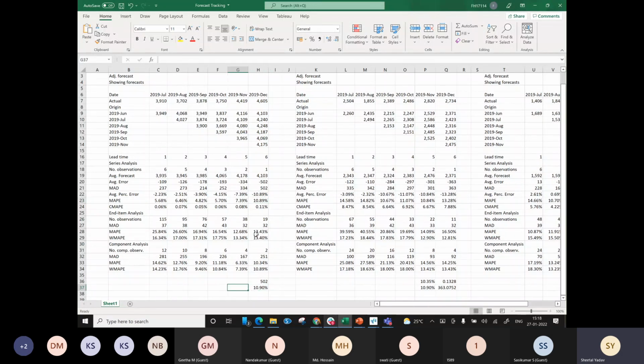Now, if you have two observations, that's what we have over here. So let's calculate the absolute difference first and the MAPE for this lead time 2. Because we have 2 observations, I need to factor in both of them. So I'm calculating it for November and December, divided by December.